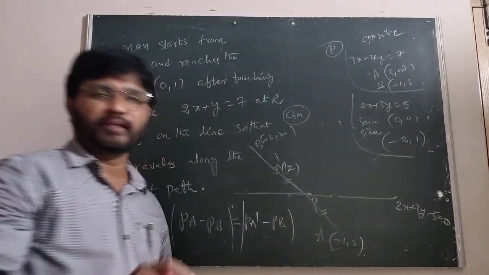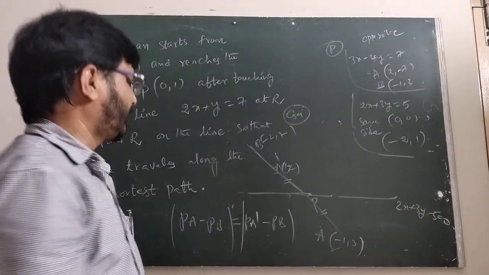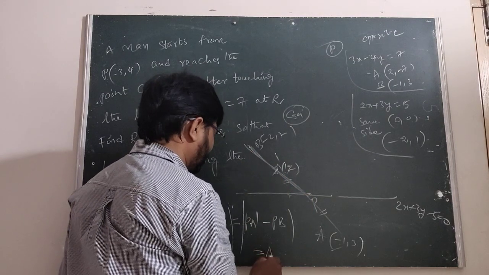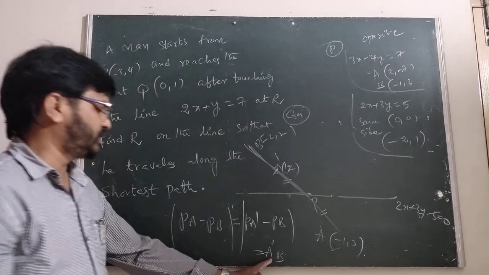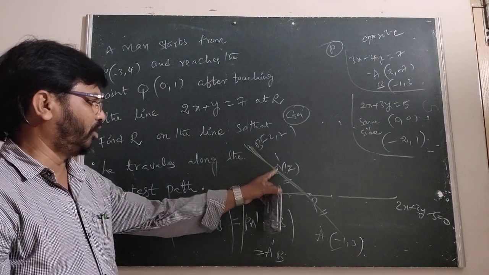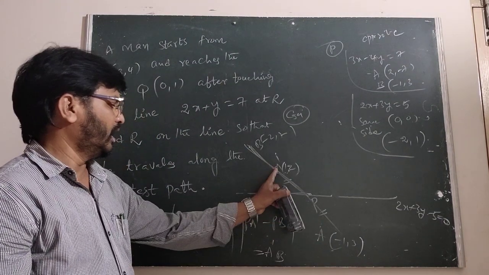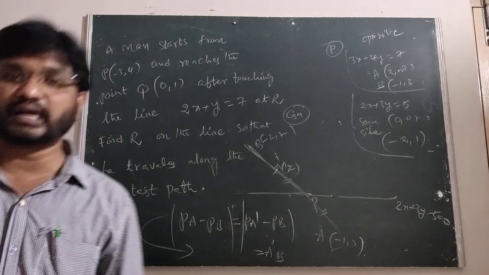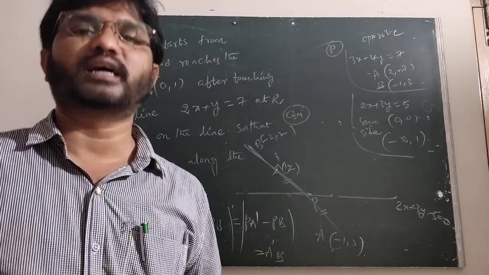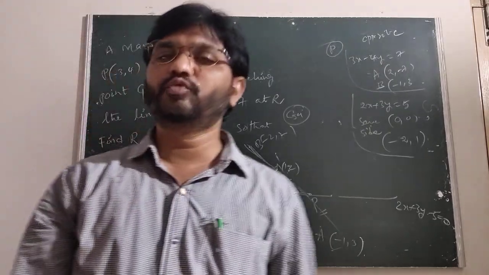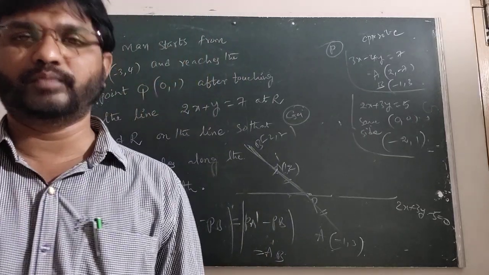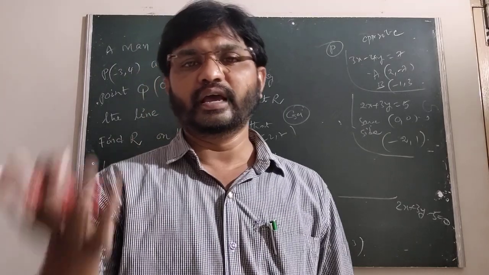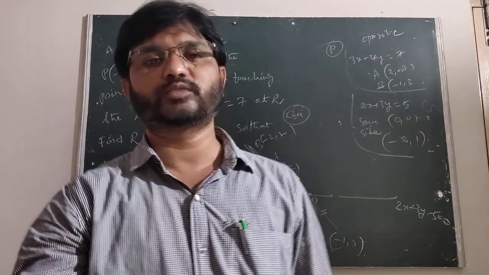In modulus, A minus B or B minus A are equal. Therefore PB minus PA dash is A dash B. So this is the distance between the image and the other point, and it is called the maximum distance. These are the four cases to find the minimum distance of PA plus PB, for points on either side and on the same side, and the maximum distance of PA minus PB, for points on either side or the same side with respect to the line.